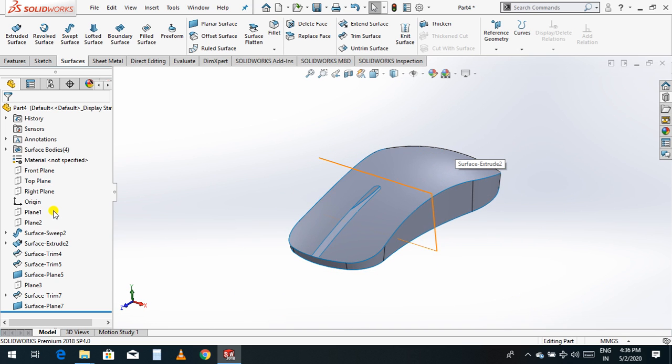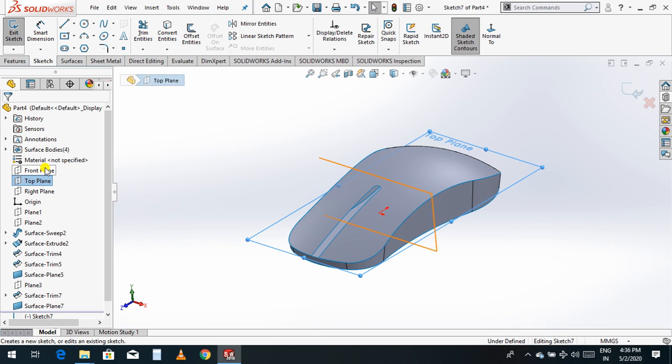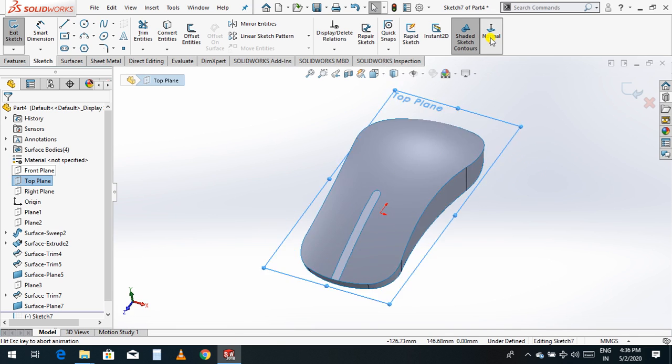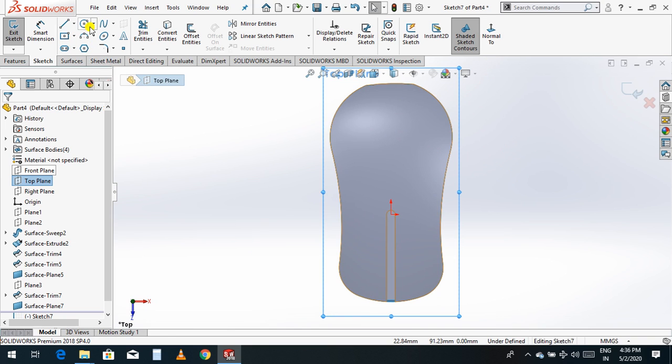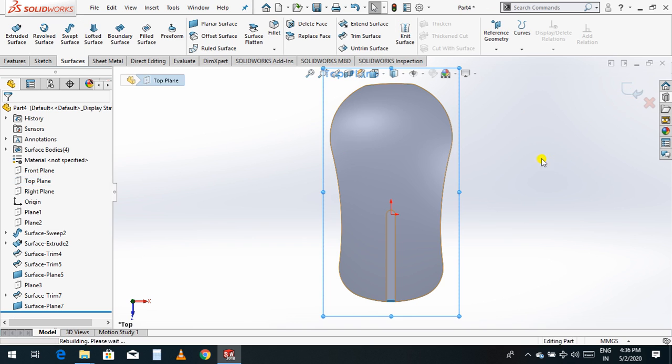I'll go again to top plane, sketch, normal, and I'll choose, sorry, cancel this.